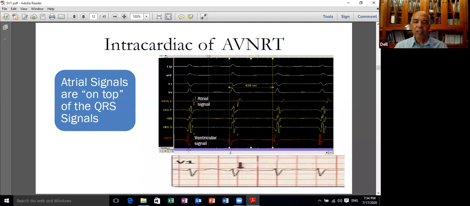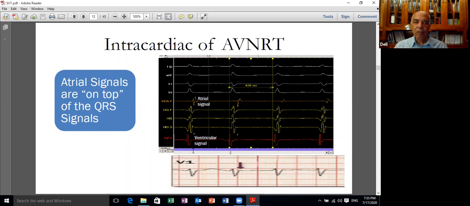So although we do not have any histologic evidence of the existence of what is called fast or slow pathway, we have an electrophysiologic support for the concept. So it stood the test of time. It agrees with the electrophysiological explanations, and so it's an accepted theory.